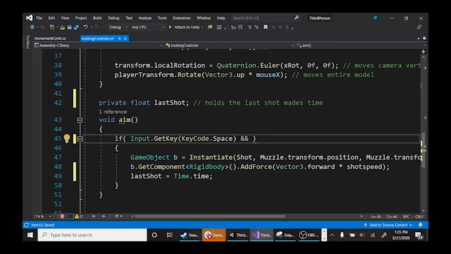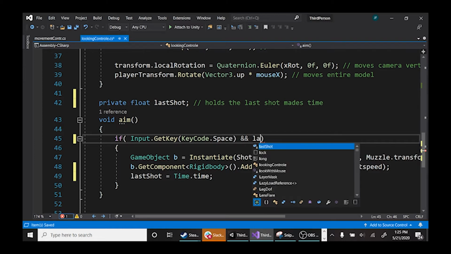We want to check if time dot time is more than or equal to the last shot. Or we really want to look for if time dot time plus our fire rate is more than or equal to our last shot. So let's do that. We can easily go last shot